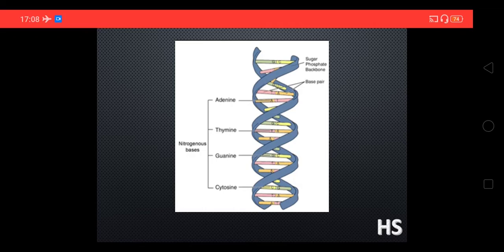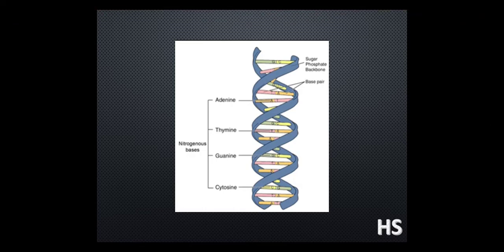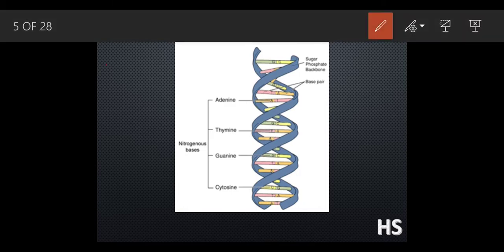Now see DNA. How does a DNA look like? DNA looks like this double helical structure. So what do you mean by this DNA? DNA is nothing but a very large macromolecule substance. What do you mean by macromolecule? Macromolecule means very large, and this DNA is present inside the nucleus.